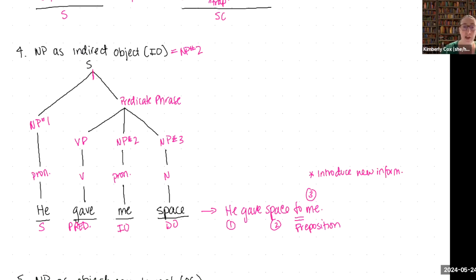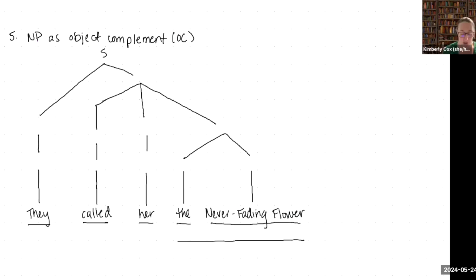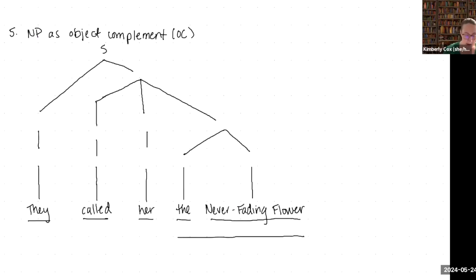All right, let's take a look next at object complement, which is going to be similar to a subject complement. So an object complement, and I'll just write it right here, restates the direct object. So it's an essential part of the sentence, or it doesn't stand on its own in that way. So we're going to take a look at what that looks like.